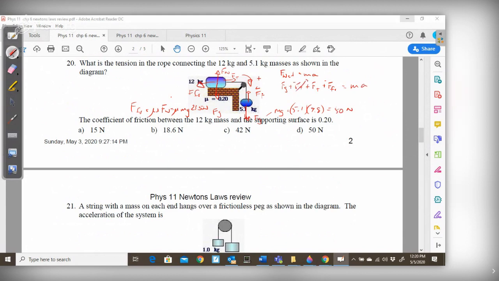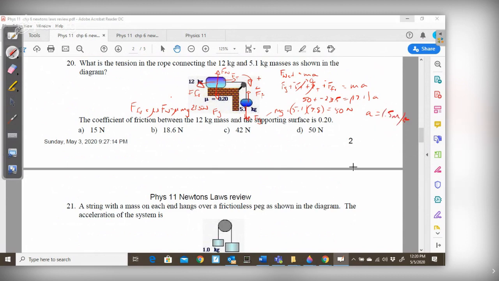Well, these two forces of tension add up to 0. So then we're going to have 50 plus a negative 23.5. That's going to equal a total of 17.1 kilograms times our acceleration. And so 50 minus 23.5 is equal to 26.5 divided by 17.1, and that's equal to 1.5